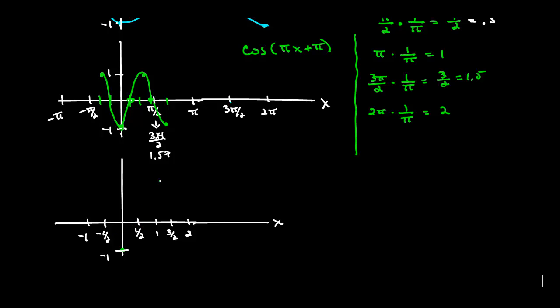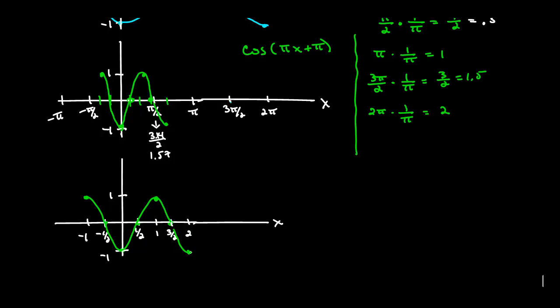At 1/2 it's at a height of 0, and at 1 it was at a height of 1, which we need to label on here as well. At 3/2 it was at 0, and at 2 it was at -1, and of course back here and here. You have to change your axis system so that we know what we're looking at. Even though I eyeballed these pieces in here, I have to change the axis system so someone's